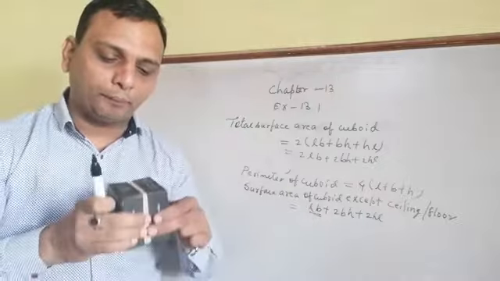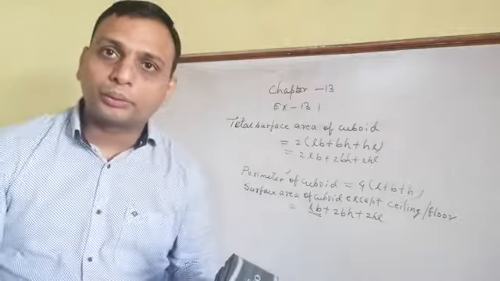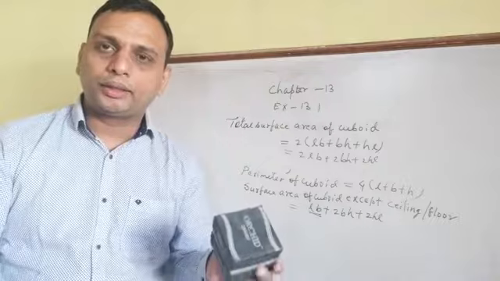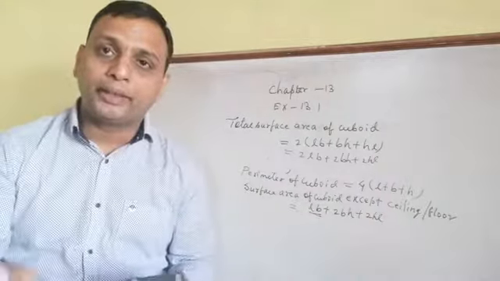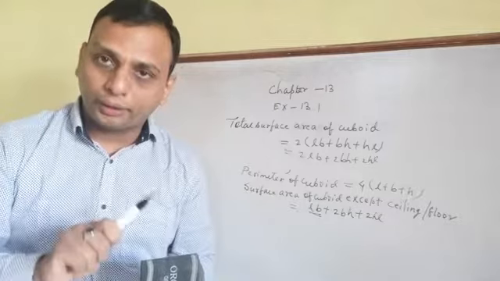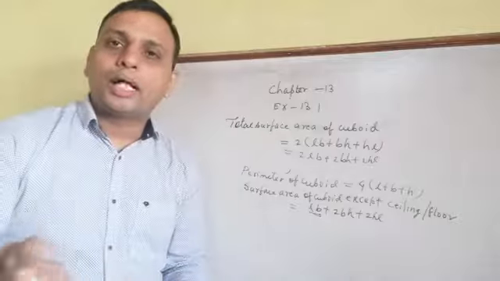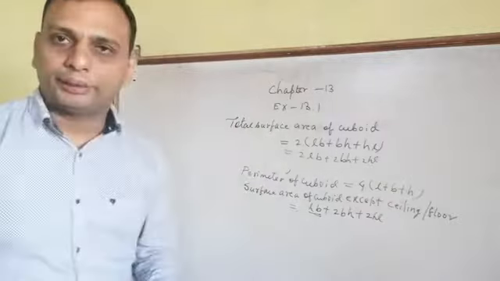This will be the formula to find the surface area when the top part is removed. If the bottom part is removed, the formula will also be the same, because the bottom part also has the shape of a rectangle, and the area of a rectangle is length into breadth. So this is the formula for the surface area occupied when either the ceiling part is removed or the bottom part is not included. And for the total surface area, I already told you.